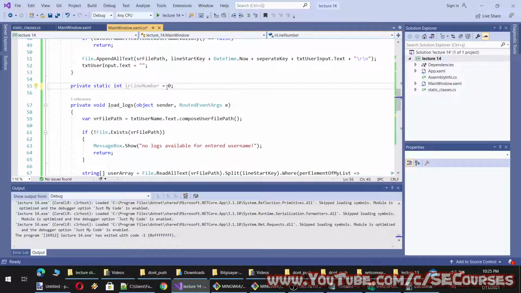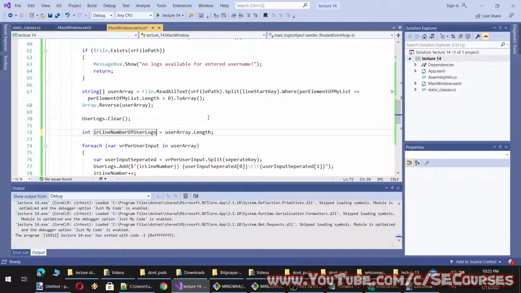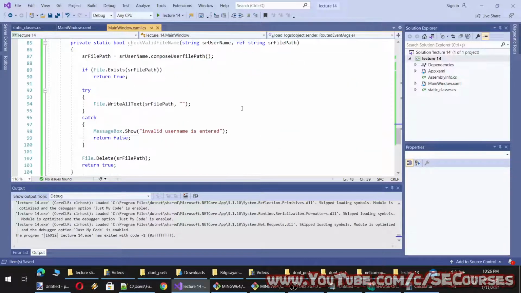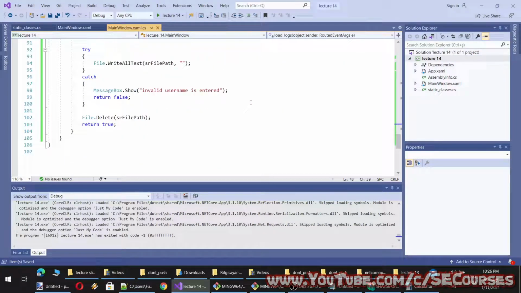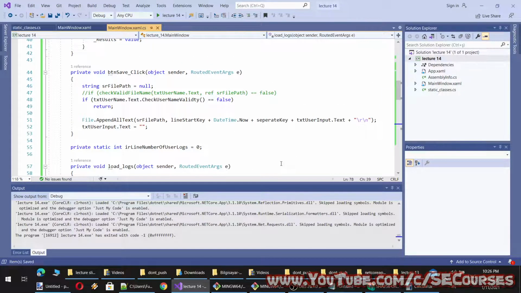Okay, also let's give it a better name, line number of user logs, and it will be equal to the element count here, and I will write it like this, and then I will decrease it.